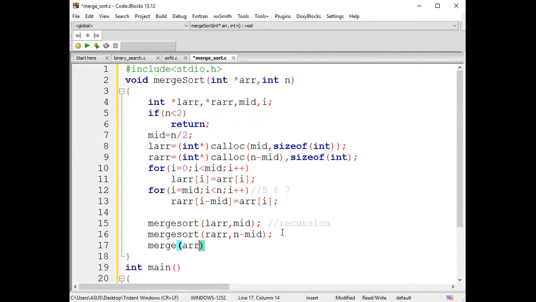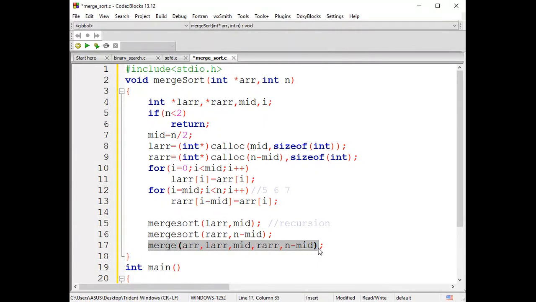And this merge is going to take, I need what I'll pass here: what is the original array, what is your left array, and what is your right array. So these are the information I'll pass. After this I'll pass the left array size and right array size, where the left array size is your mid value, and your right array size is nothing but the size minus mid. If I want to merge the data again, I want all this information. So we are going to write the algorithm for this one.